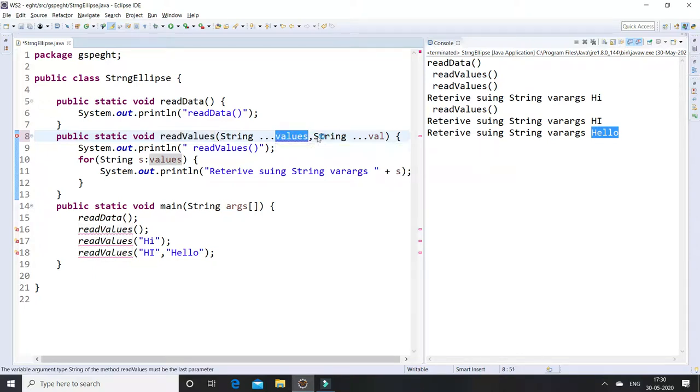It must contain only one string varargs, present last.